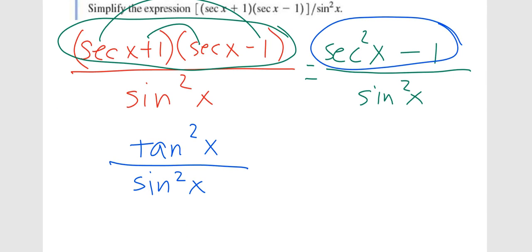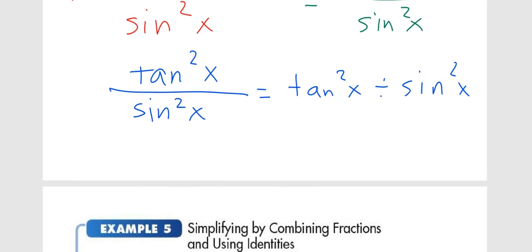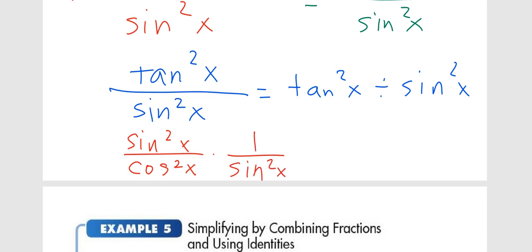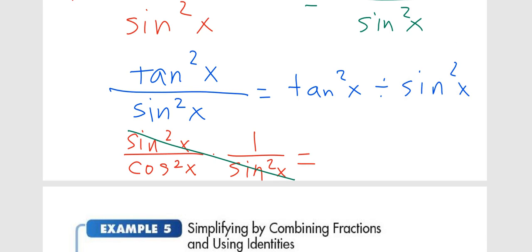Now, it's possible that it would be better if I wrote this out horizontally now, so that we can see if something cancels. Tan squared, what's another way to say tan squared? Sine squared over cosine squared. And division is the same as multiplying by the reciprocal. Anything canceling out? Right, giving me 1 over cosine squared x, also known on the street as